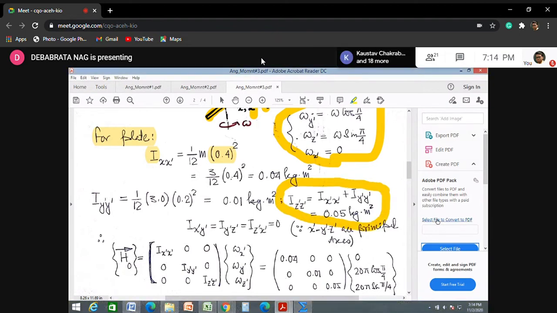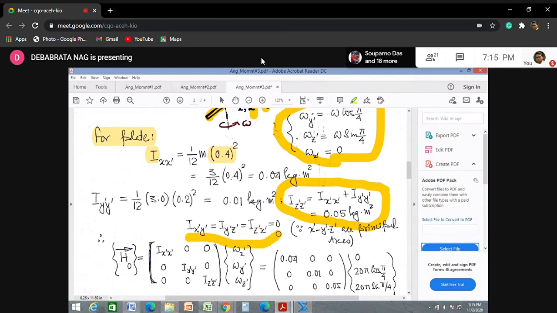This is another important thing I would like to reiterate: if the body is an extended body, then the perpendicular axis theorem will not be valid, right? The perpendicular axis theorem is valid only for the case when the dimension is very, very small, right? So the z dimension is very small. Only if this criterion is satisfied can I write the perpendicular axis theorem about that axis. So I just find out these inertia terms from there.